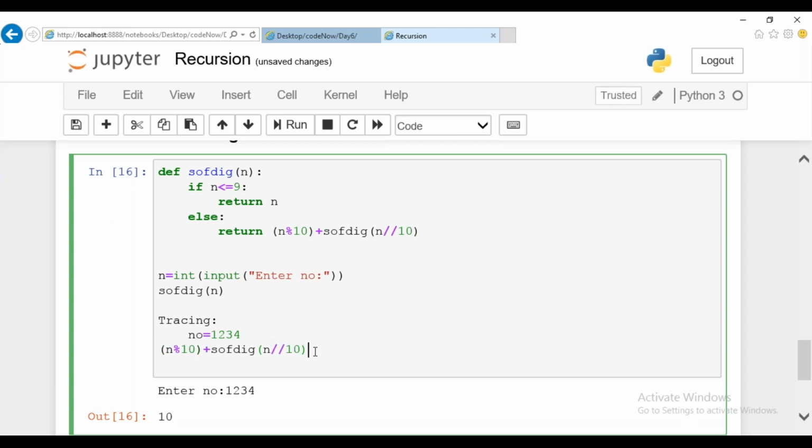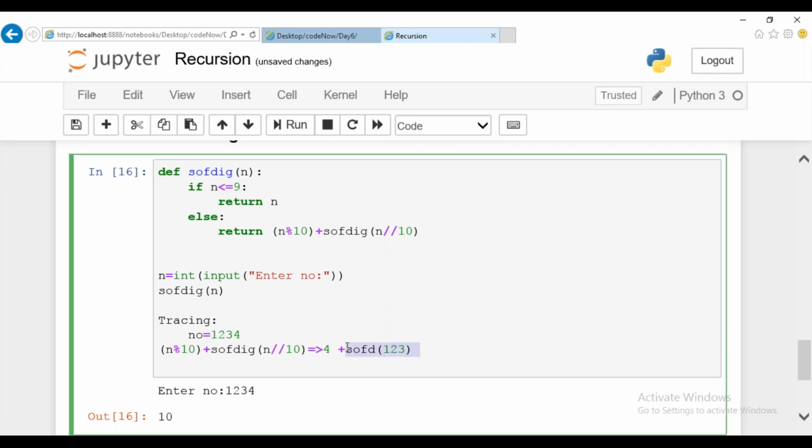Initially, the number will be taken modulo 10, so you get 4 plus sum of digit of 123, which is nothing but dividing. Right now your number value is 1234, so when you divide by 10, you get 123.